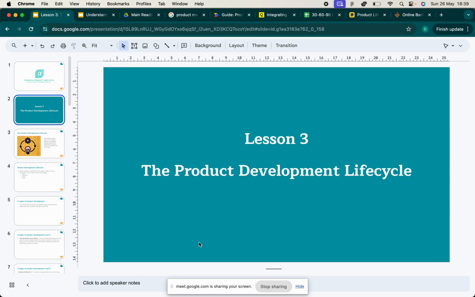That's life cycle. So too, products have life cycle. If I launch a product today, the life cycle would be different in 30 years' time if it's still around. So by development life cycle, we're referring to the phases, the stages that a product goes through in order to get to the end phases of it.